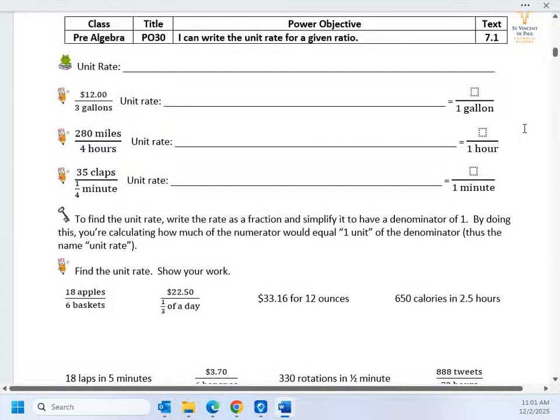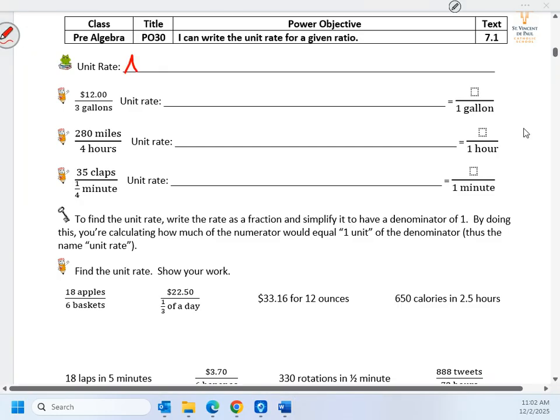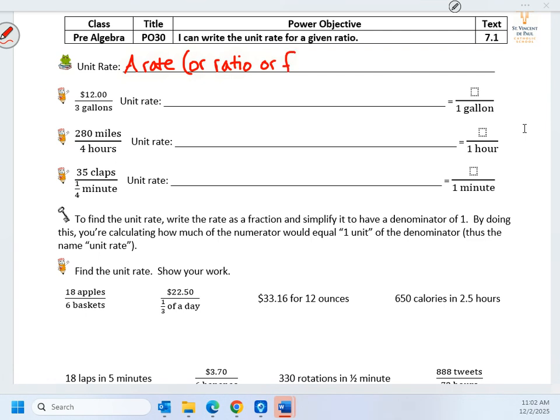Good morning. Today we are continuing on with those ratios. We are doing PO30, power objective PO30, we need to know this. I can write a unit rate for a given ratio. So a unit rate is a rate or ratio or fraction with a denominator